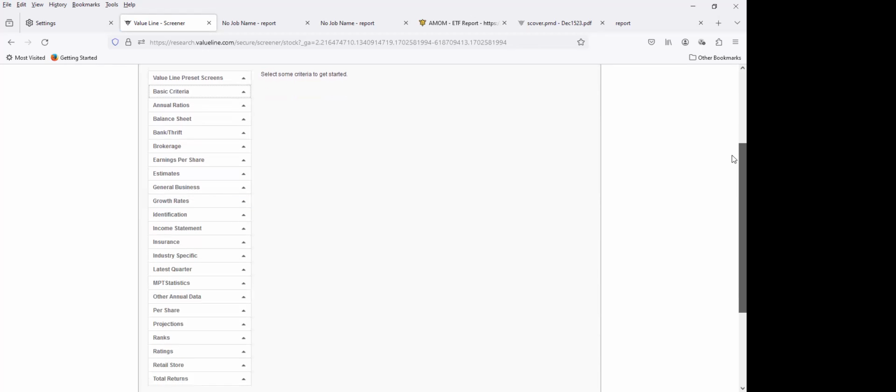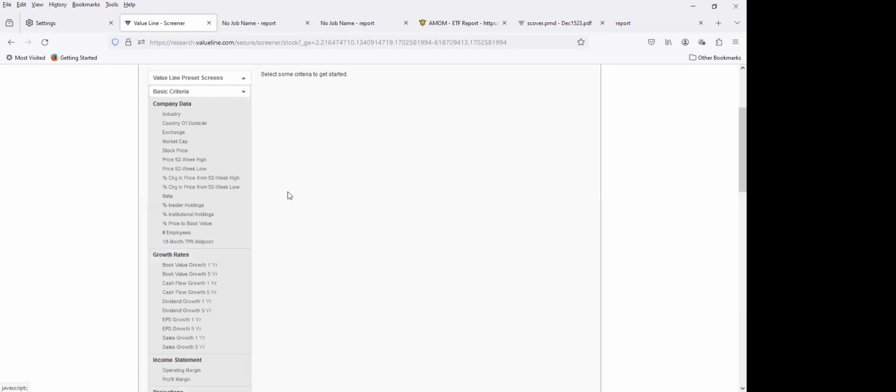So here on the left, you'll see a number of different categories. Between them all, there are about 240 fields that you can screen on. So they include the data points from the balance sheet, from the income statement. There's also growth rate information to screen on, estimates, projections, ranks, ratings, earnings per share, latest quarter information. It defaults up into what we call basic criteria. So these are fields that are borrowed from some of the other categories we just saw. And these are probably the more